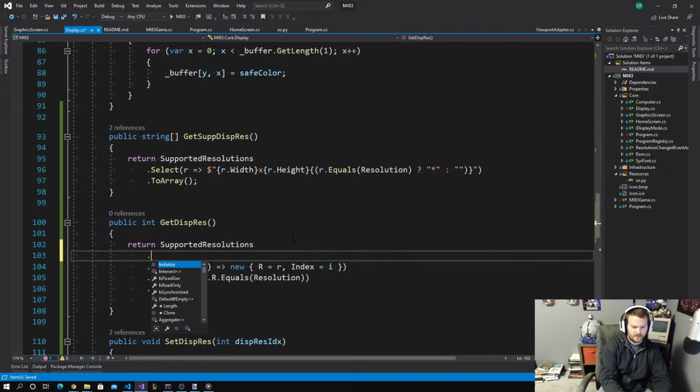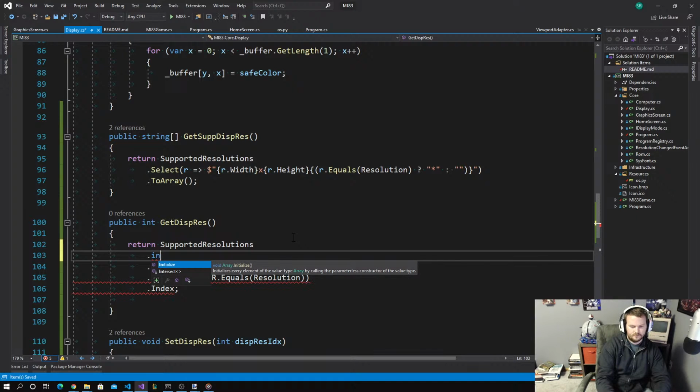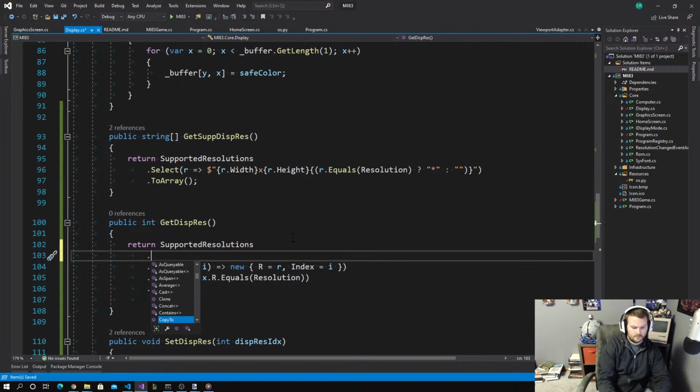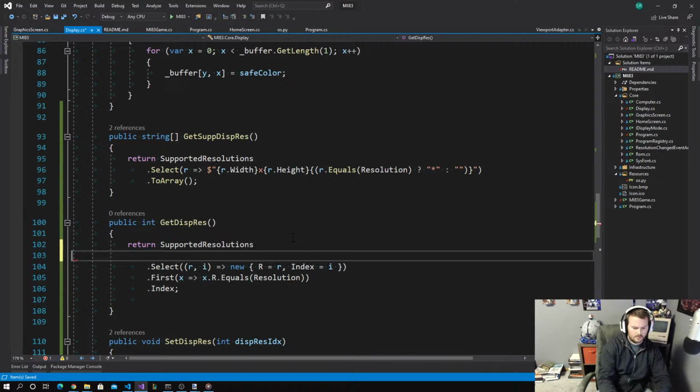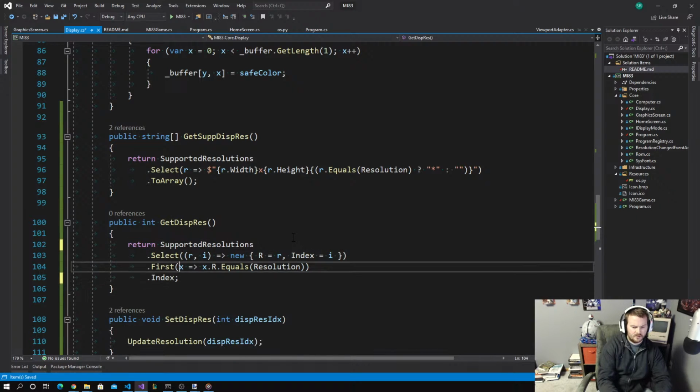Am I just overthinking this? I think there's an index of on an array, but maybe there isn't on. Yeah, this is ugly, but